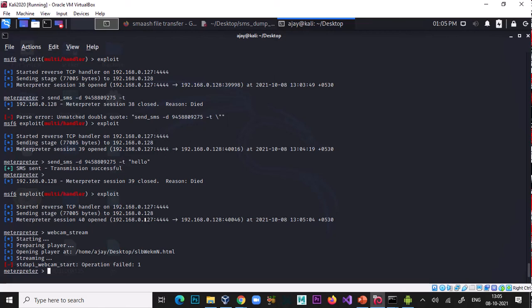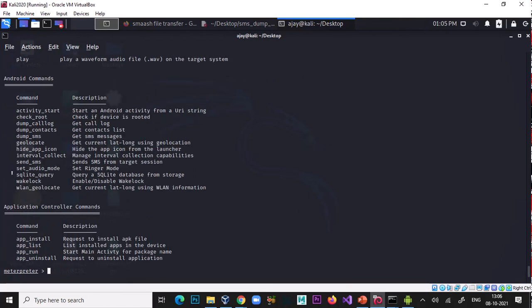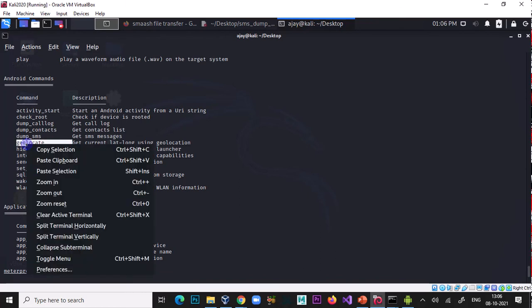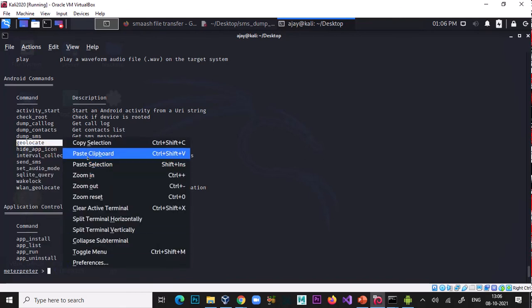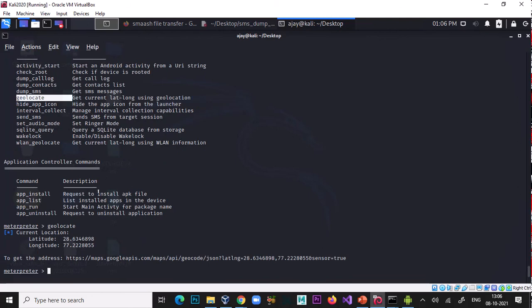Now, if you just type help again, you can see there is geolocate. So if you type geolocate, copy, paste it, it will give you the longitude and latitude of that phone.